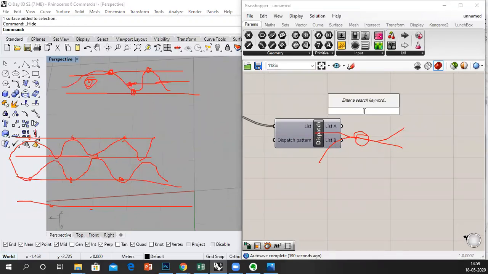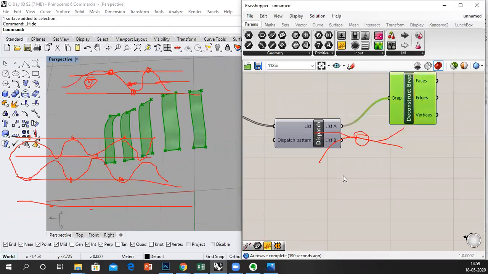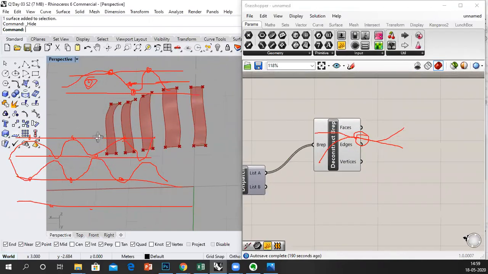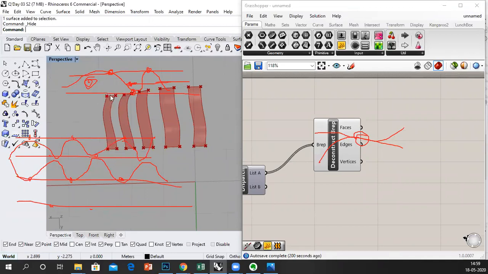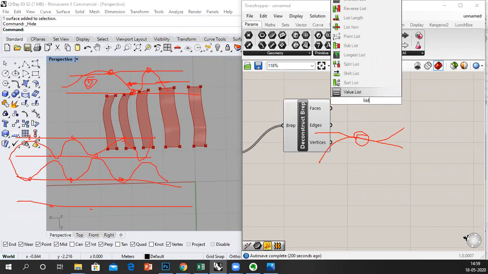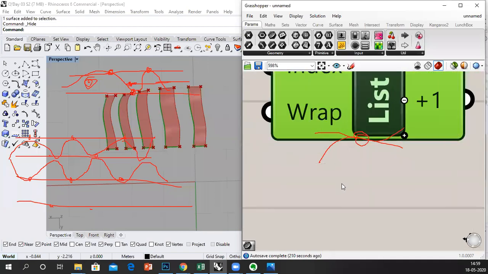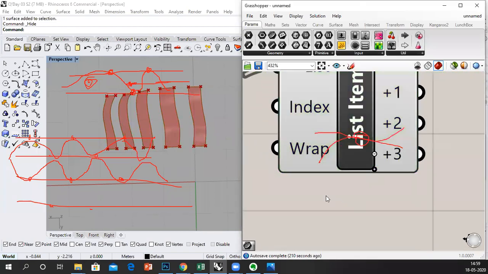Now I'm going to do a deconstruct brep. Deconstruct brep gives us 4 edges, but we need just 2 edges. So I'll do a list item to separate it from the list. This, and then I can go here and make 1, 2, 3.